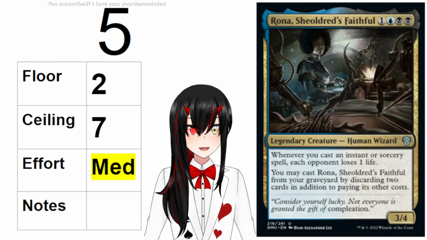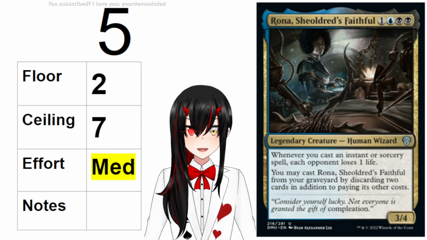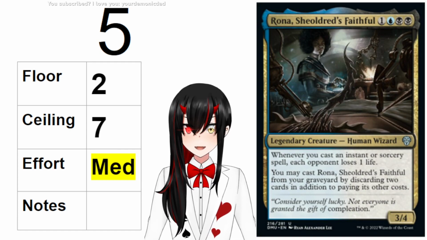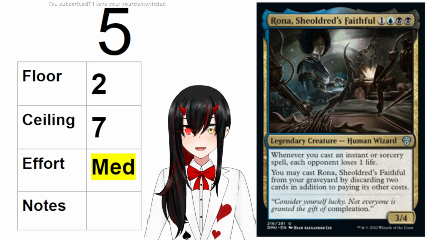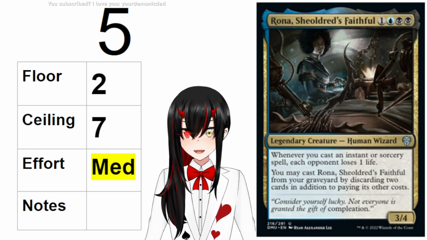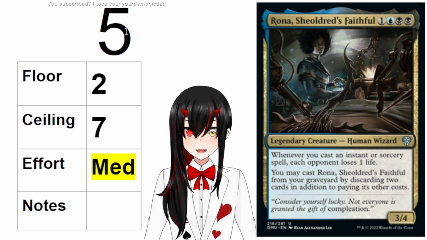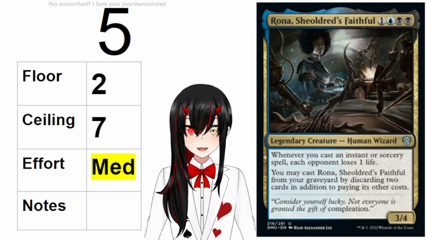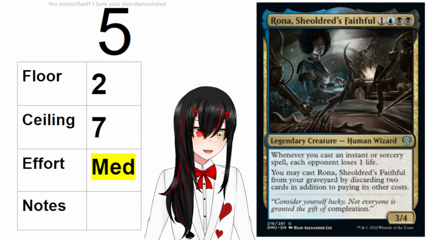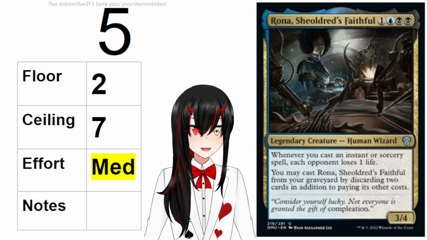Blue cares about instants and sorceries, black cares about graveyard, and Rona is a great intersection of those two. If you are paying black, black, blue, colorless for a 3/4, and that's it, then it's not a great card. But it's usually going to be a great card. It's not hard to get it up to a 5. Generally, it's a 5 if you can get 2 life out of it, and if you can cast it one time from your graveyard. And it is pretty cool that you can cast...